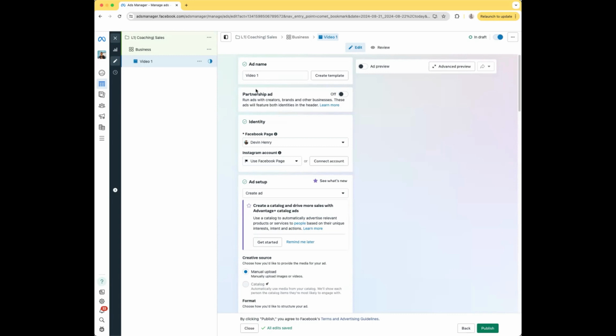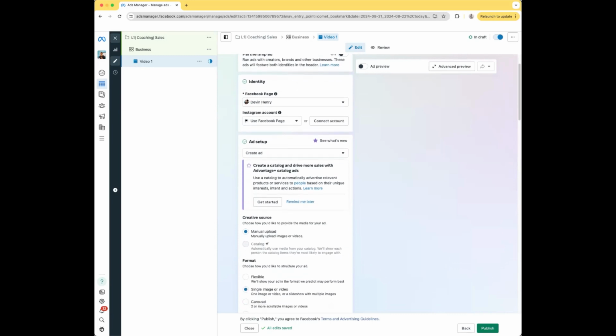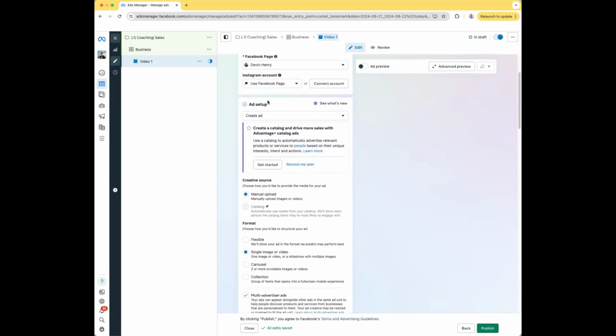So if you're testing the audiences like we are, then we're going to make sure that the video that we're using and the copy is exactly the same. So when we see a difference in results, we know that this difference is due to the different audiences that these ads are being sent to. So it's very important. Going down to identity, you want to put in your Facebook page, put in your Instagram account,